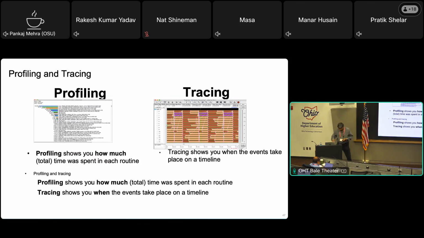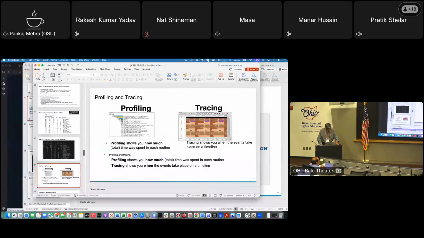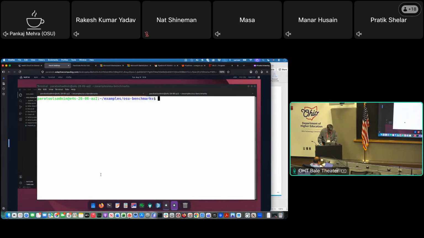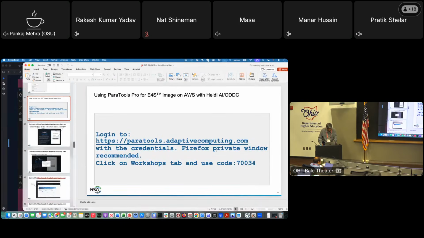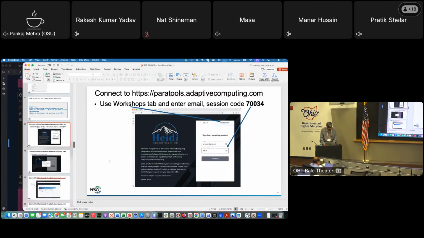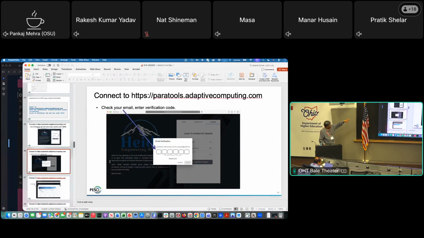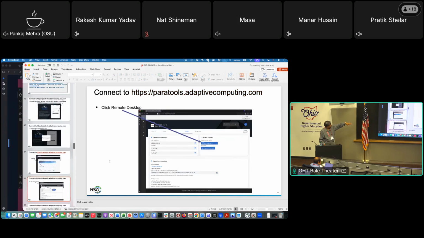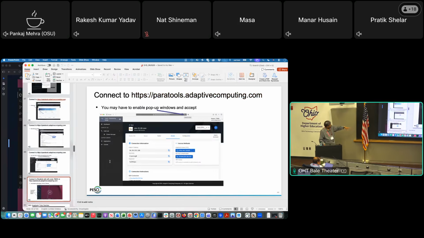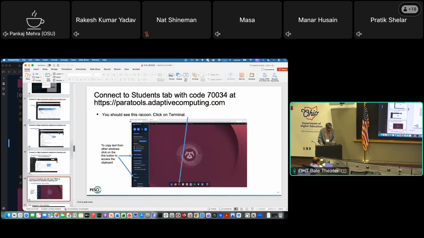And with this, let me just quickly show you how it's used on a cloud system. This is now using Azure, and it's the same setup that we had yesterday. If you want to see this, just go to adaptiveparallettools.adaptivecomputing.com, click on the workshop tab, session code of 70034, and then you'll get a two-factor authentication email. You can click on the cluster, you can start the remote desktop, and here is the desktop, this time on